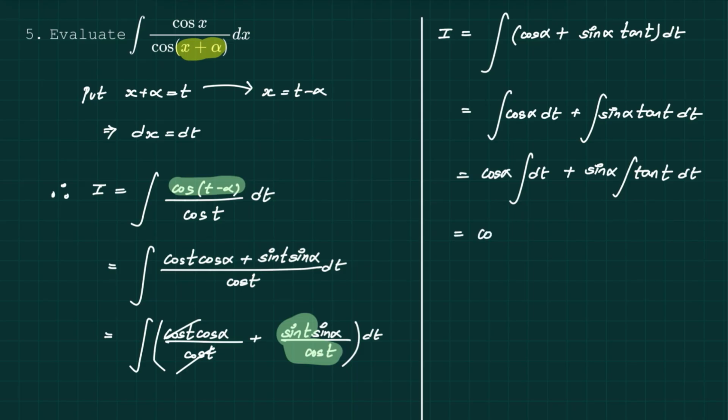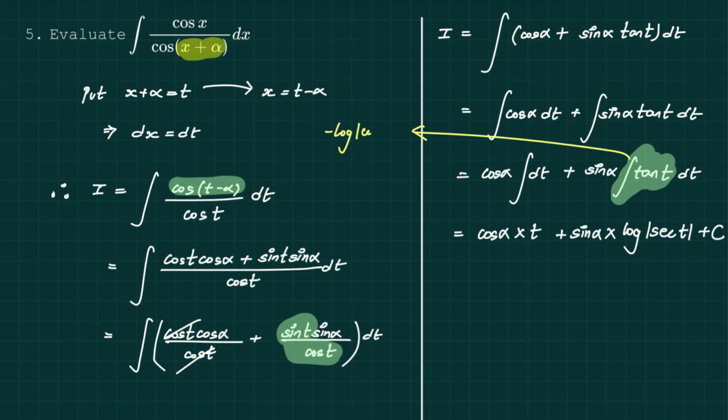So this equals cos of alpha, integration of t is t, plus sin alpha, integration of tan t is log of sec of t plus constant of integration. Here you might get confused because integration of tan t can also be written as minus log of cos of t, which is similar to plus log of sec t. So putting back the value of t, we will have x plus alpha into cos alpha plus sin alpha into log of sec of x plus alpha